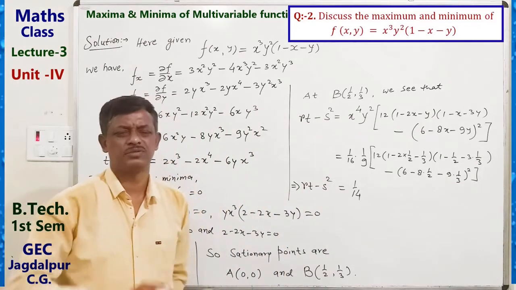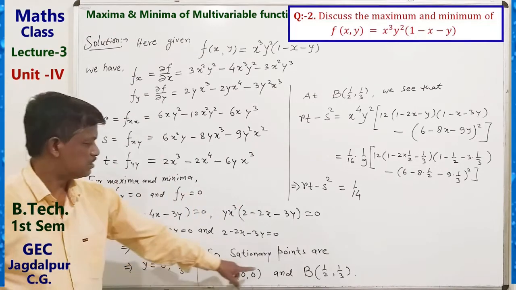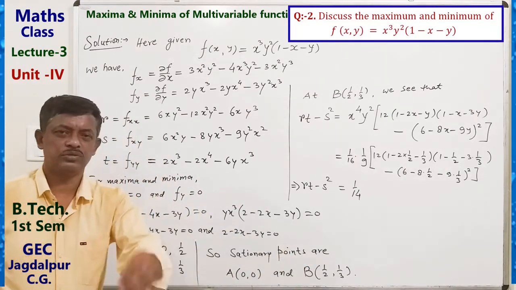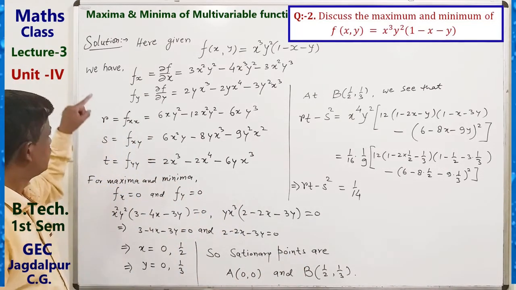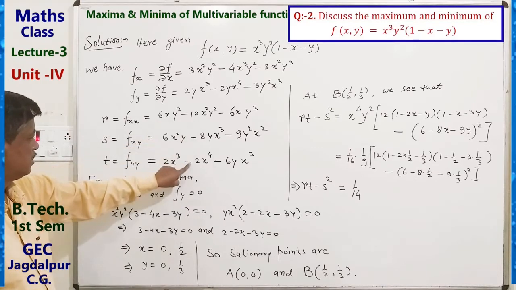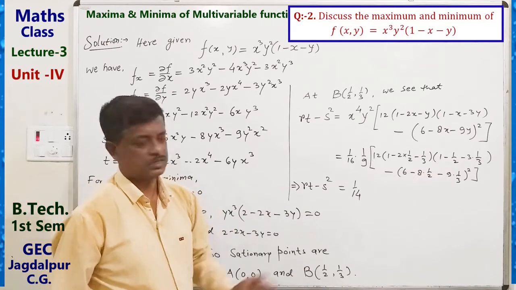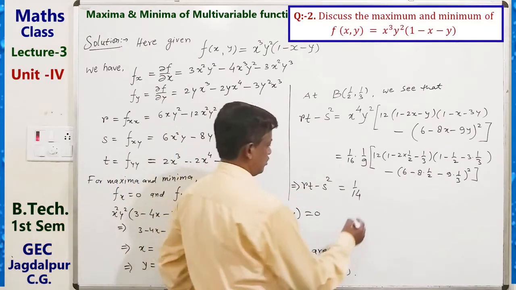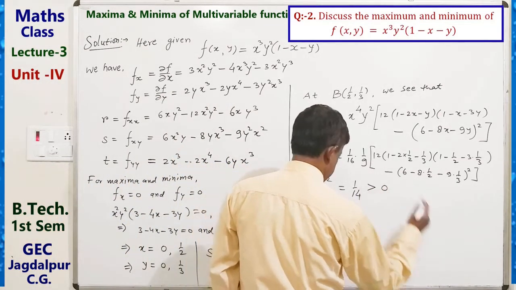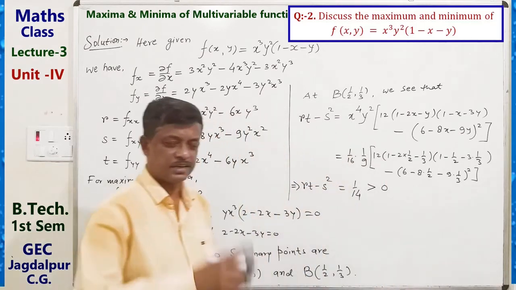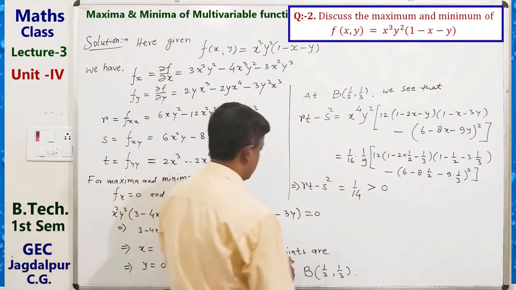Our target is what? At this point 1 by 2, 1 by 3, x equal to 1 by 2, y equal to 1 by 3, put here and here and also here, and find RT minus S square. Just you can get like this value, this is greater than 0. So RT minus S square is greater than 0, and also R equals to